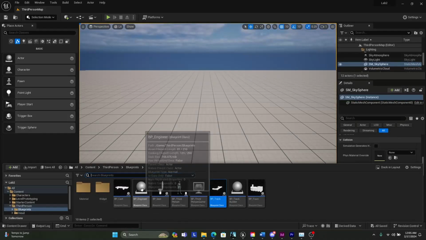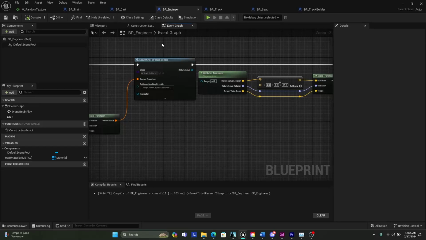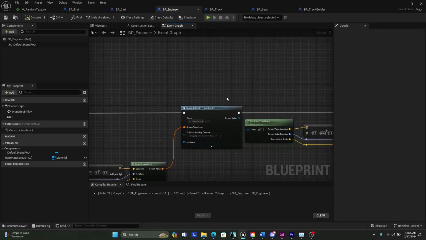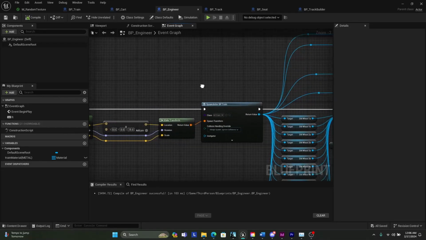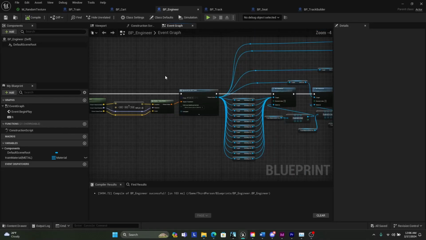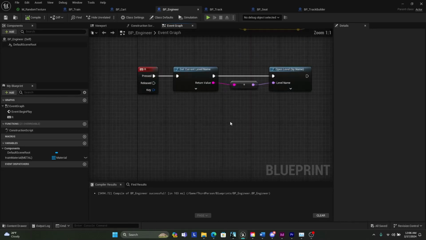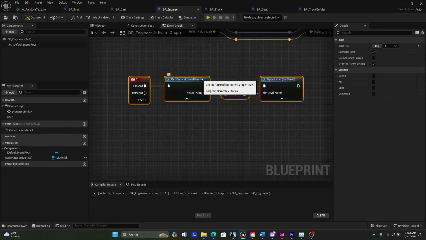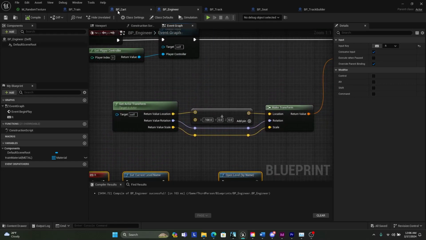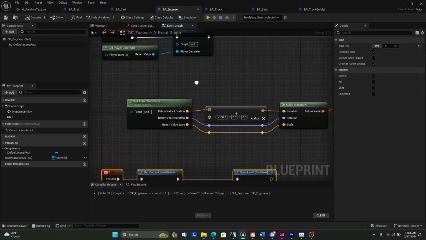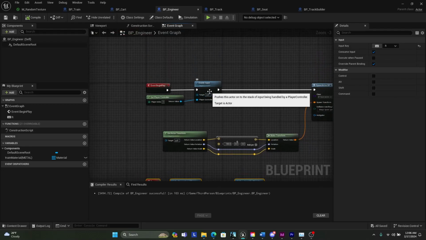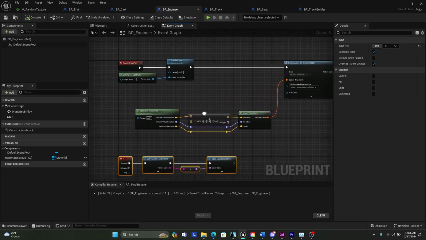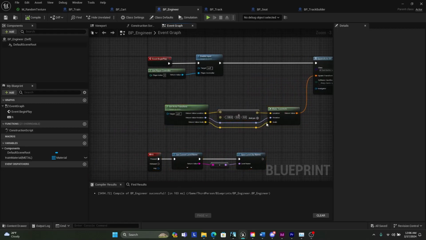I'll start with the engineer. So the engineer spawns in the train and the track builder, as you can see here. And this is the code that does all of that. And this is what I can do to reset the reopen level to not have to always do that in the editor. And this stuff enables input, and that spawns the track builder in the location I want it to, as you can see there,